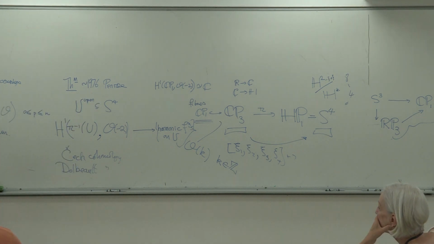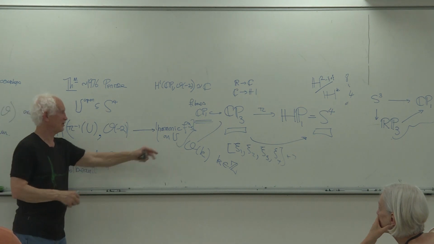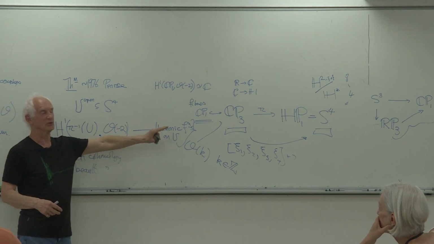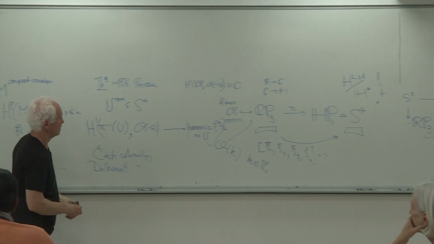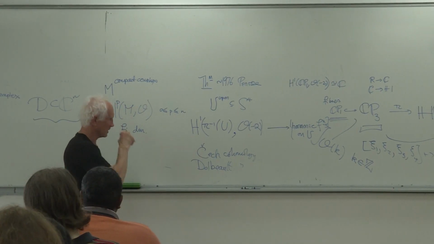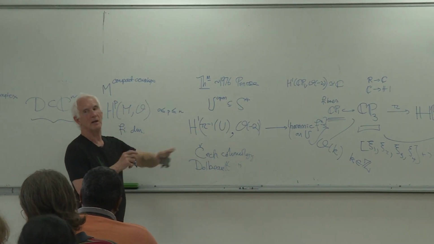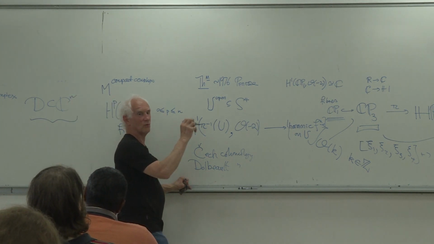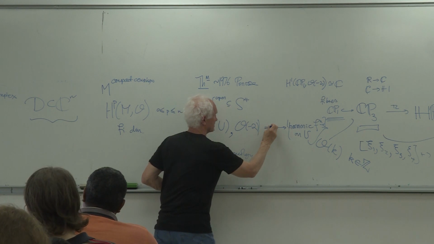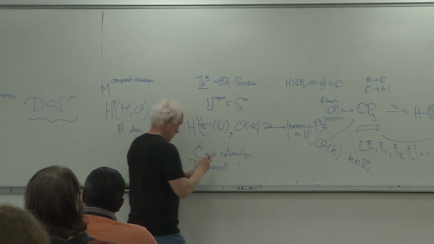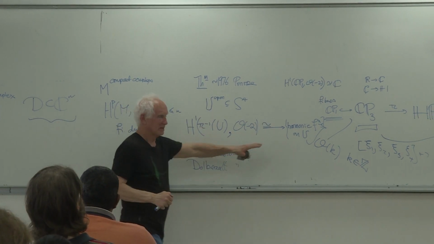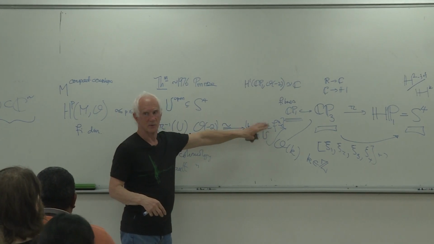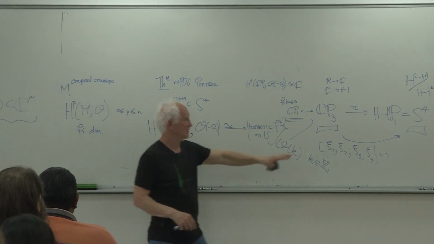Any open set. This is a little bit surprising. It has nothing to do with the shape of U or anything at all. As the fiber varies, you can easily check that it's actually harmonic. And rather amazing, this is an isomorphism. Notice that on the right-hand side, there's not a complex number in sight. The right-hand side is an open subset of